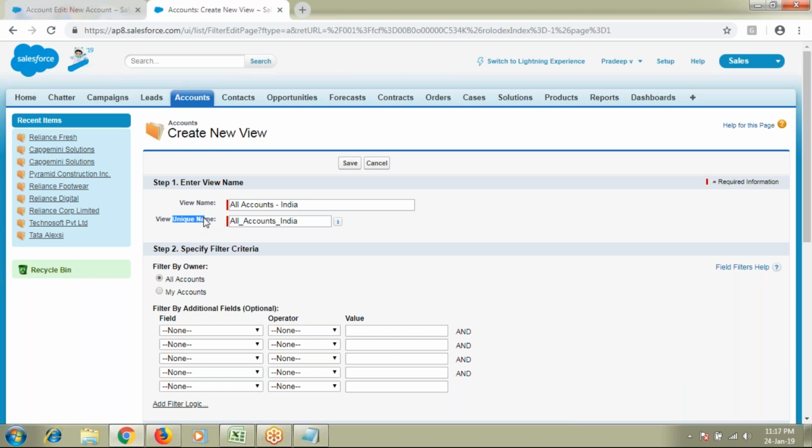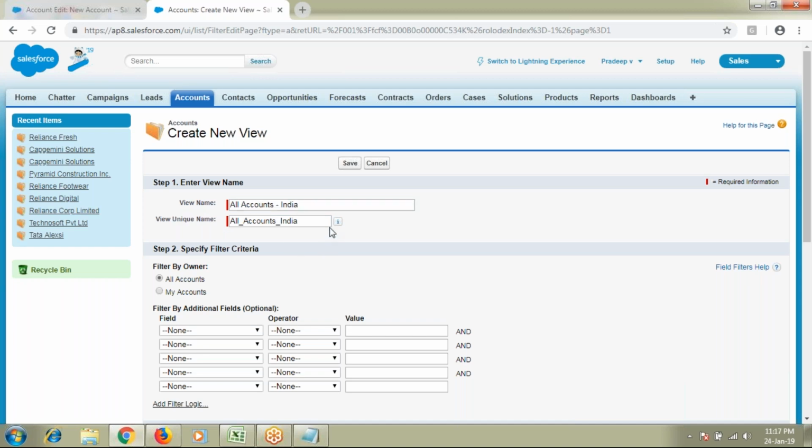For each and every component, for each and every field or anything that you create in Salesforce, there will be a unique name. All the spaces will be appended with underscores, and also all the special characters will be appended with underscores. So what is the purpose of this unique name? Whenever you want to do programming from your Apex or Visualforce concepts, whenever you want to do programming on this particular list view, you always have to call the unique name, but not the label name.